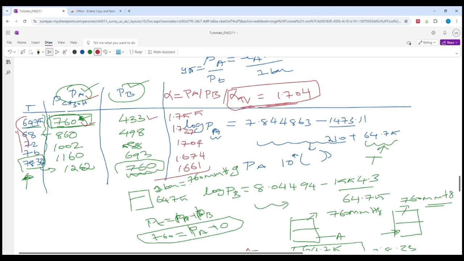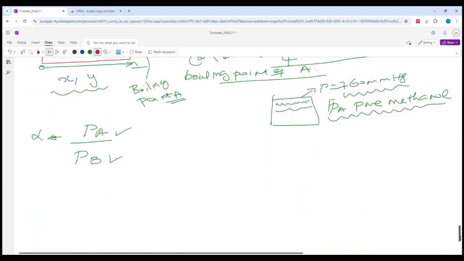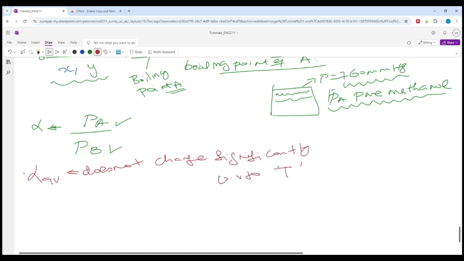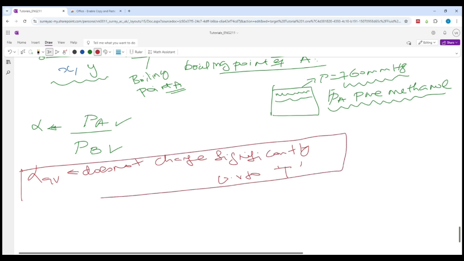Yeah? And the temperature ranges from the boiling point of the pure component A and the boiling point of the pure component B. So this is something that you should remember. The relative volatility doesn't change significantly with respect to temperature. So alpha A average does not change significantly with respect to temperature. Why I'm stressing this point is because later when we are going to design distillation column,